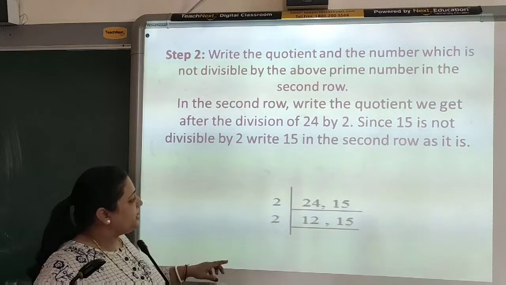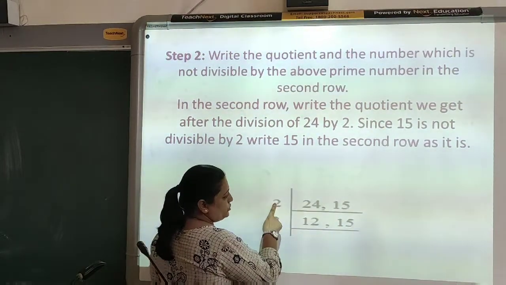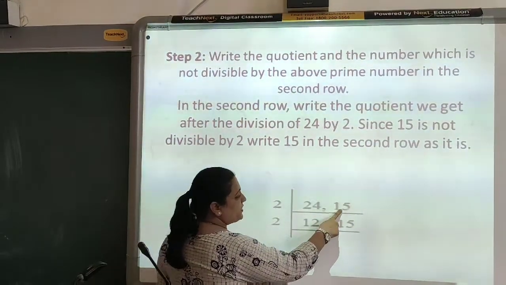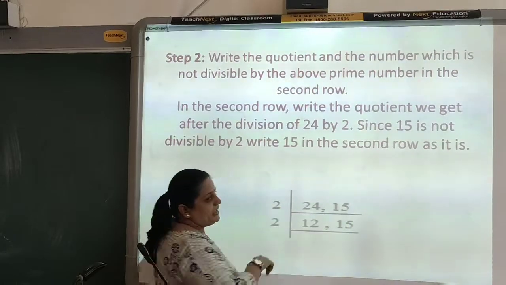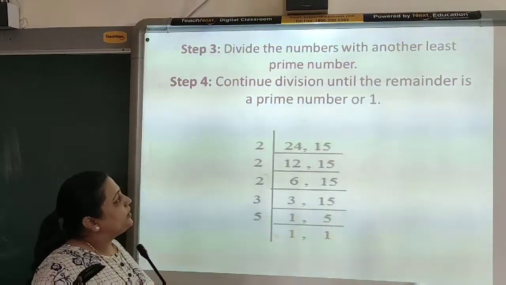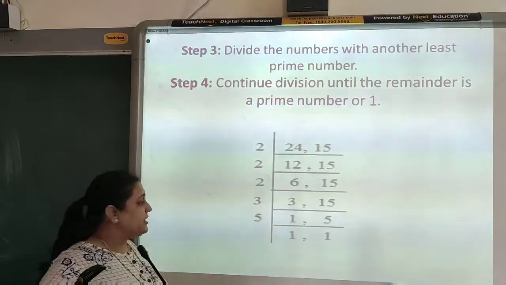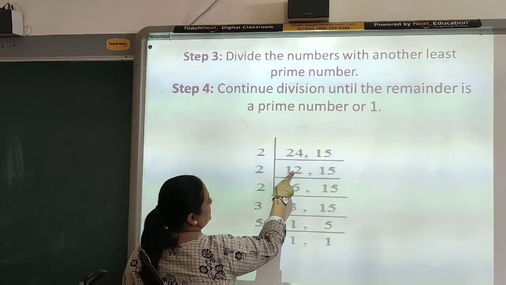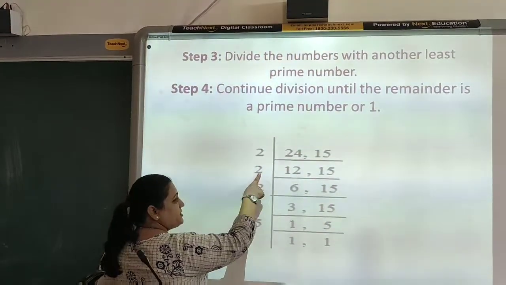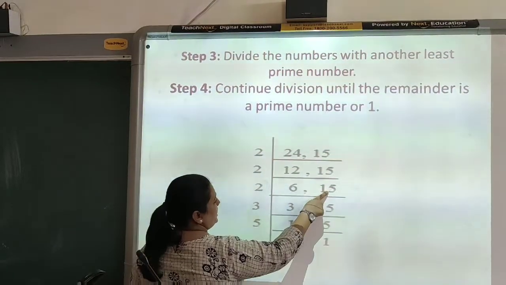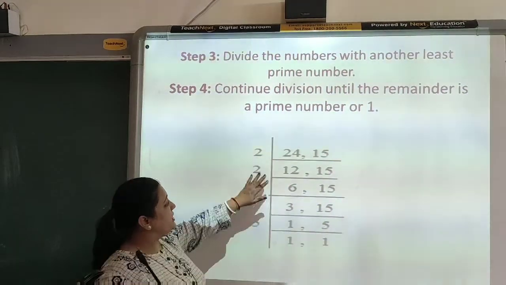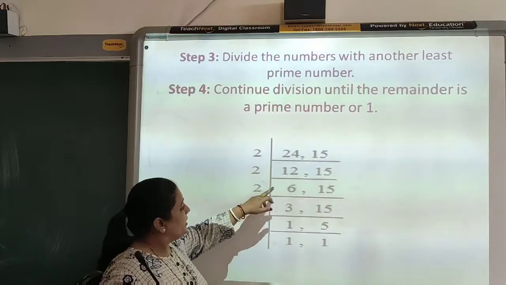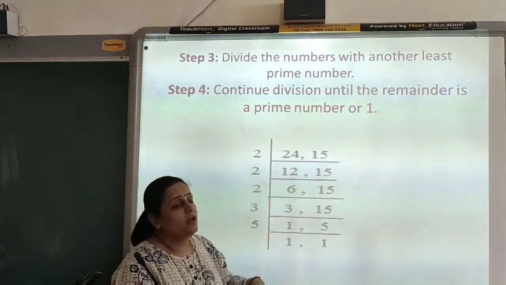See, in the next step you will understand. Here I have divided 24 by 2, so the quotient is 12, since 12 twos are 24. But 15 is not divisible by 2, so I have carried it as it is. And we have to keep doing this until we get the remainder 1. Now see, this was the first step: 24 divided by 2 gives 12, and 15 as it is. Again 12 is divisible by 2, so 2 sixes are 12, and 15 as it is. Again 6 is divisible by 2. Unless and until the number is not divisible by 2, we will continue with 2 only. When it is not divisible by 2, we will move to the next number.